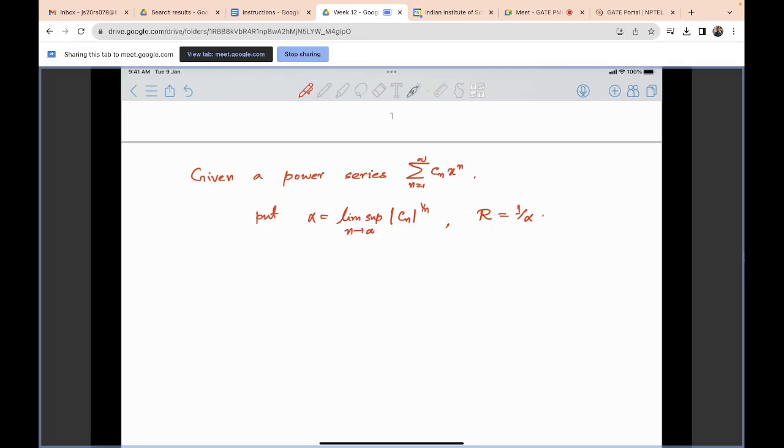So if power series is given and if you define this R to be this one, then what it is saying, then